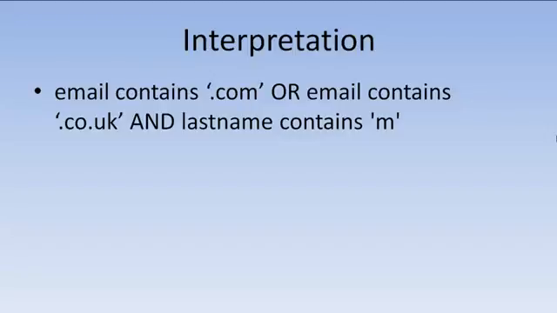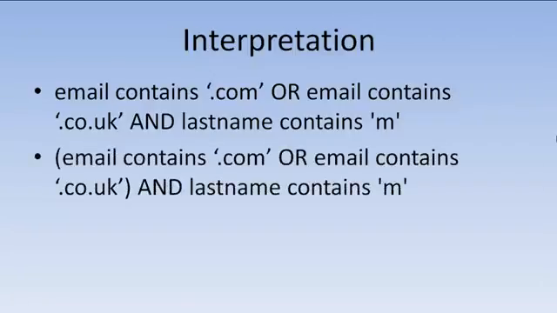For this example, I would like to have a list of contacts whose email contains .com or .co.uk and their last name must contain the letter M. Without the addition of brackets, the system could interpret this in two different ways. Open brackets, email contains .com or email contains .co.uk, close brackets, and last name contains M, which is the correct